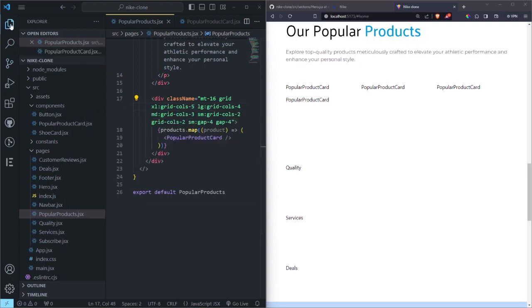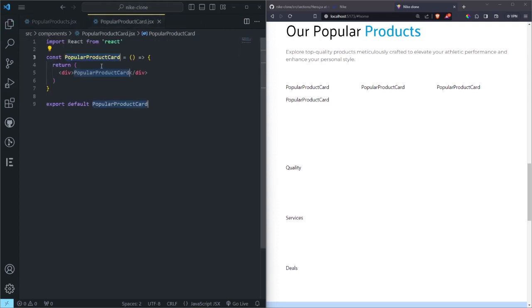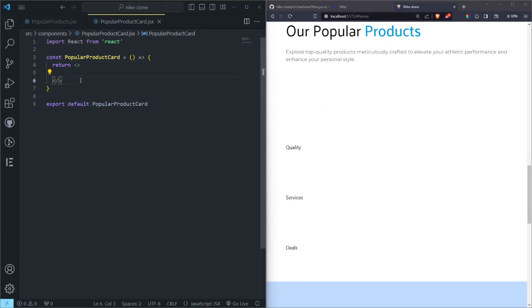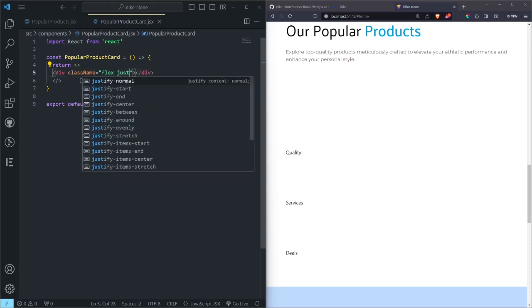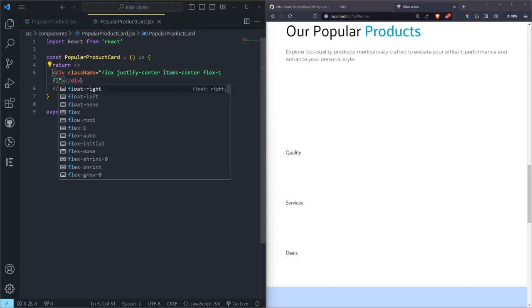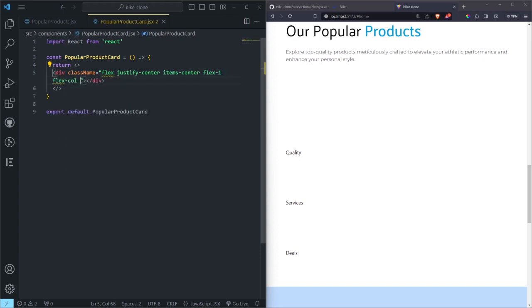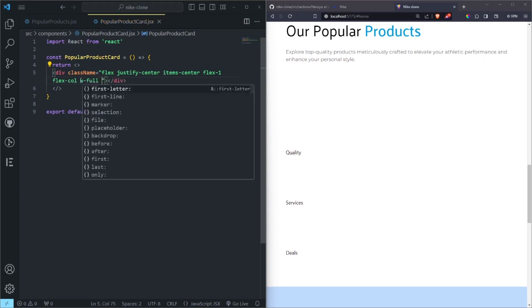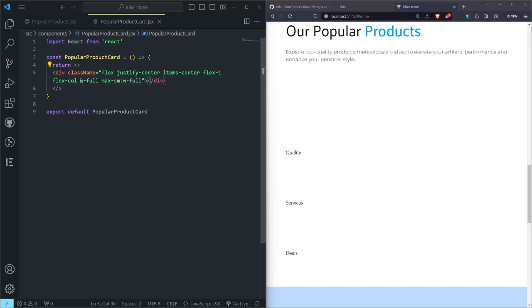So come back to the popular products card, and inside this product card we are going to first remove this and do this. And inside here we are going to have a flex div, justify-center, items-center, and then flex-1. We can do flex-col, and then a width of full. Then you can also do an sm width of full, like that. Inside this div we're going to have another div which is going to be the background for the